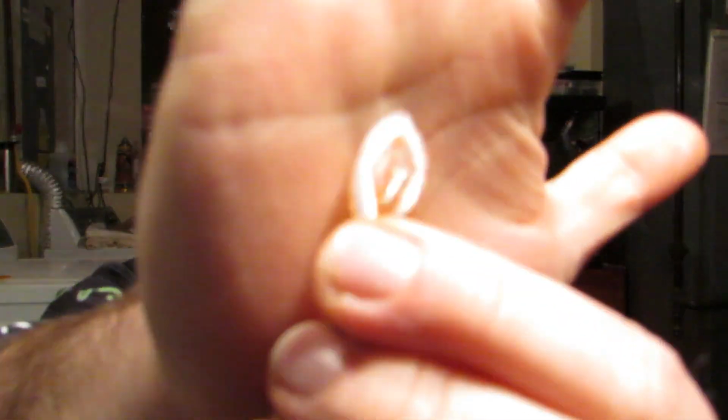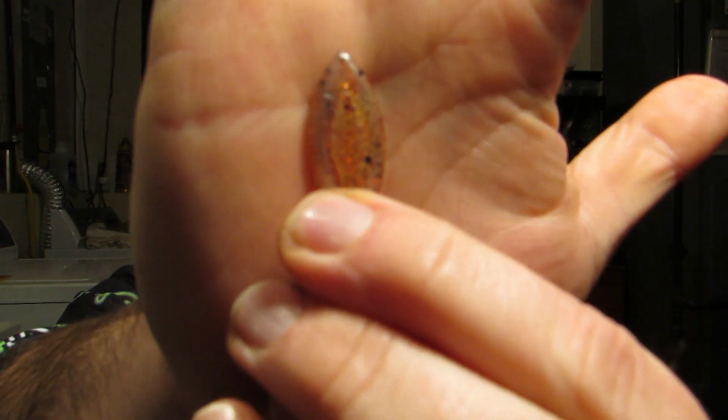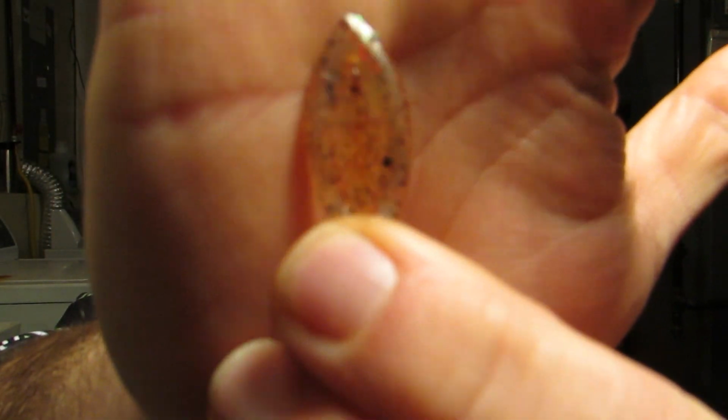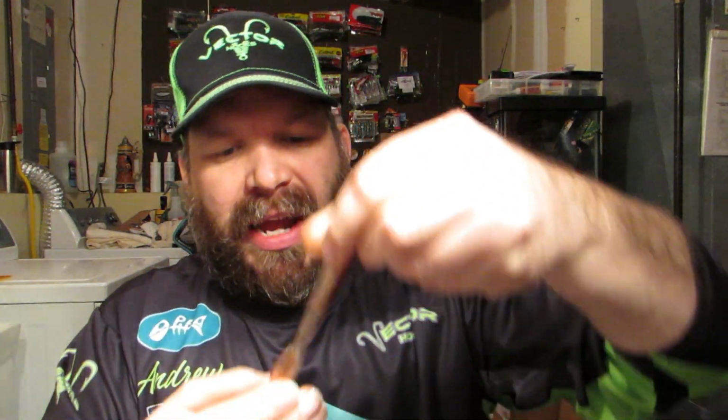I like the Yum Houdini Shad. This is the camo color. If you're not familiar with the Houdini Shad, you can do some stuff with this tail if you prefer. If the camera picks it up, you can kind of see some perforations in there. Now you can keep it as it is, which is my preference, or you can take out that center section and fish it that way, which gives it a kind of faster sink rate because there's less plastic holding it up. You can also take out that center section and cut the tail to give it like the traditional